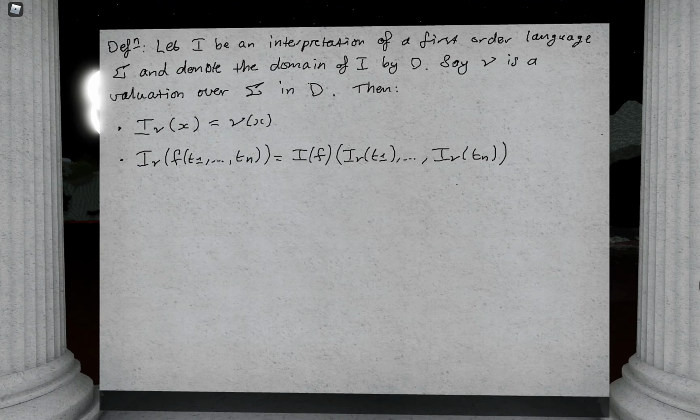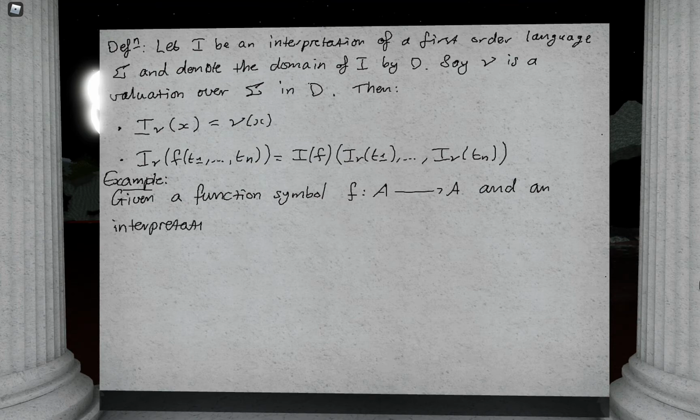So okay, let's say that I had a function symbol f from A to A, and an interpretation I with domain the integers, then what I could do is I could say,